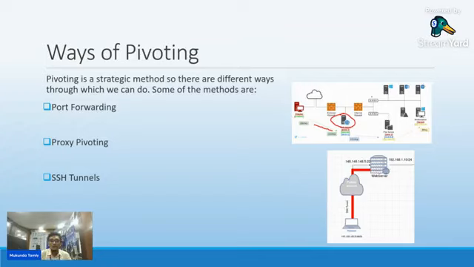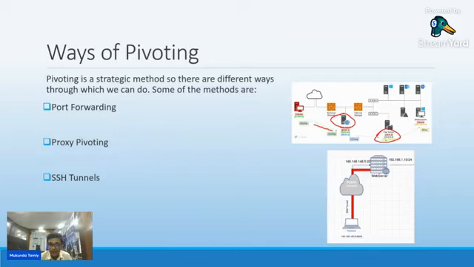So we enumerate this web server. Using it, we enumerate the internal network, and we can see a file server running. We will forward the port of this server to our local port.